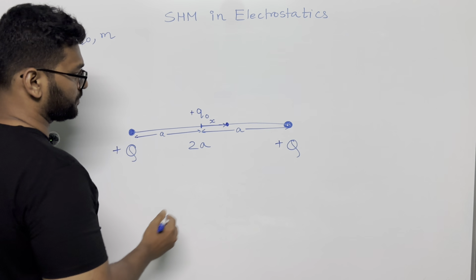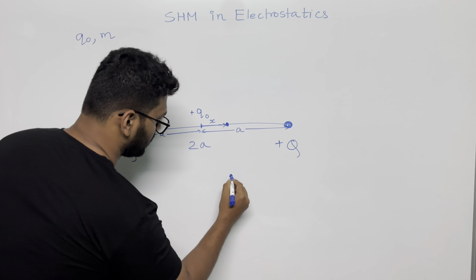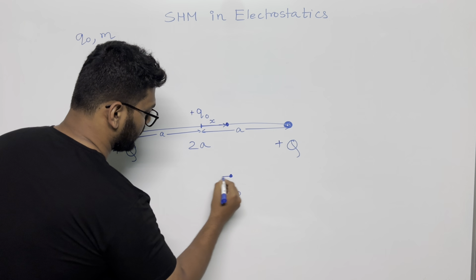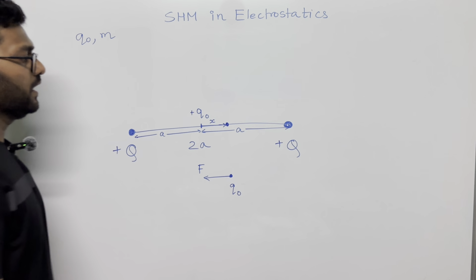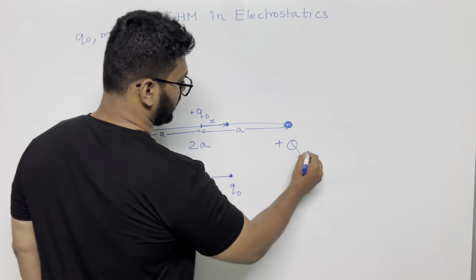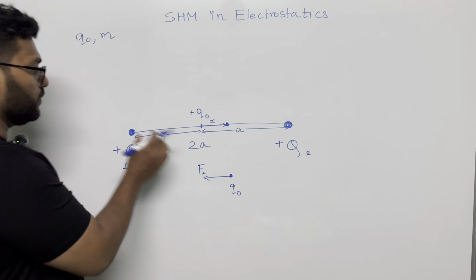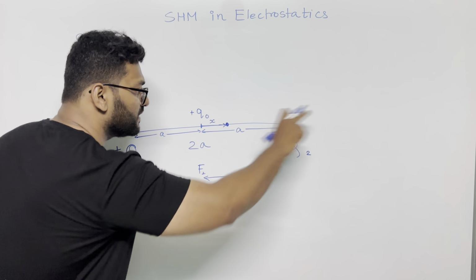So if I'm drawing this charge over here again, q0. Due to this charge, capital Q, the force will be in the left direction. Let's call that force F2. I will call this charge 1, this charge 2, right? This force is F2. Now this plus Q charge over here will again repel this in the right